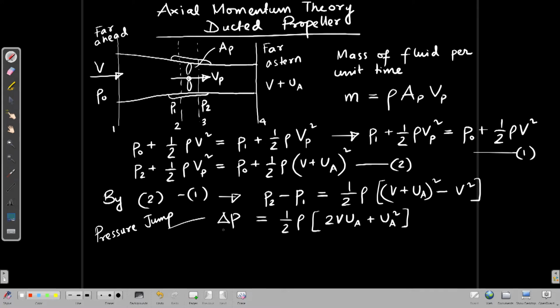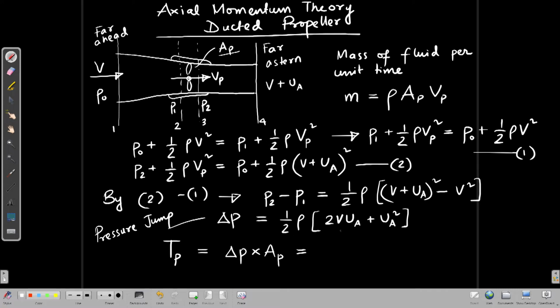Now, what is the thrust that is generated by the propeller? The thrust generated by the propeller only is Tp. Here we have to remember that we have two thrust components, one from the propeller and one from the duct. So, the thrust generated by the propeller will be given by this pressure jump into the area of the propeller disc AP, which is mentioned here in this simple axial momentum theory. So, Tp is delta P into AP,